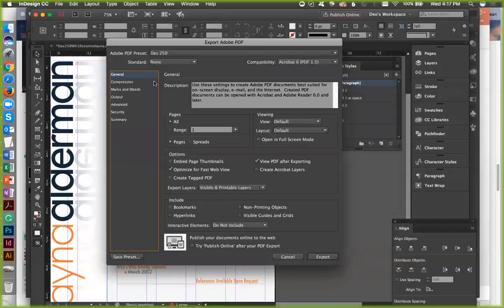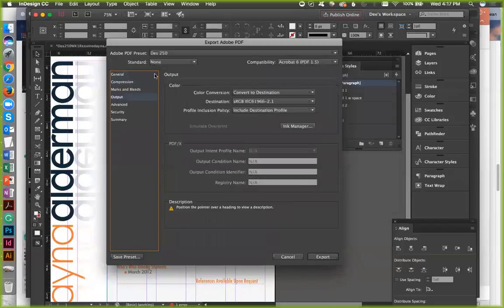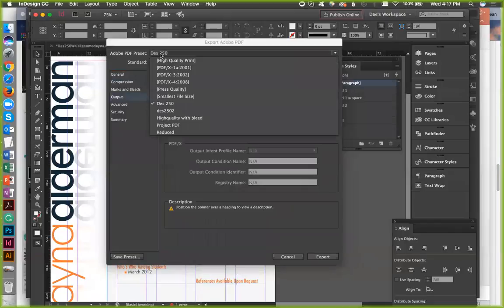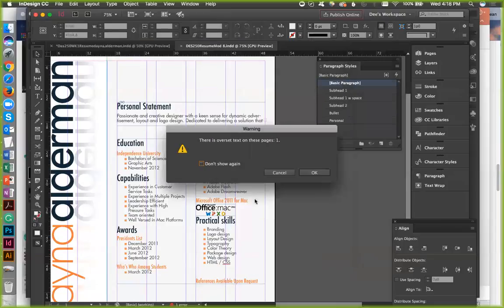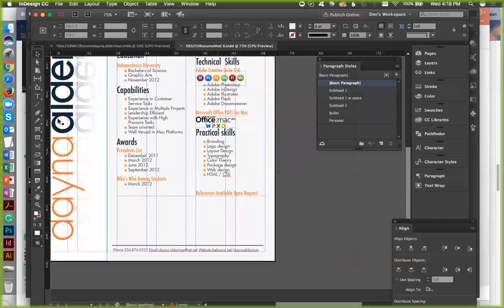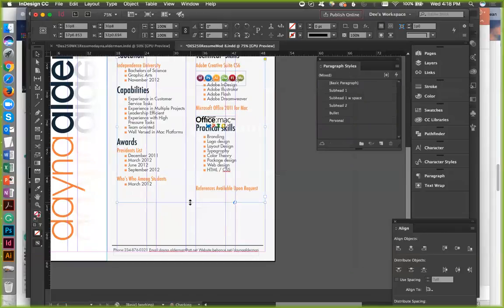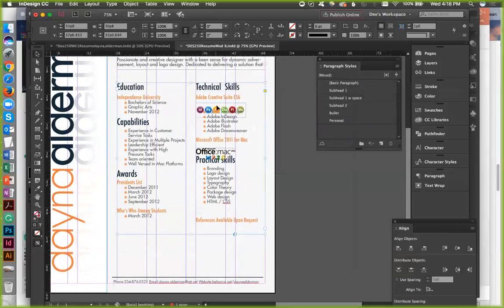And save. And you don't need any marks and bleeds or anything like that. You can actually use the DES 250, smallest file size thing that we did the other day. And it says there's overset on page 1. Let's see what happened here. It's probably space. Yep, that's probably what it was, space.